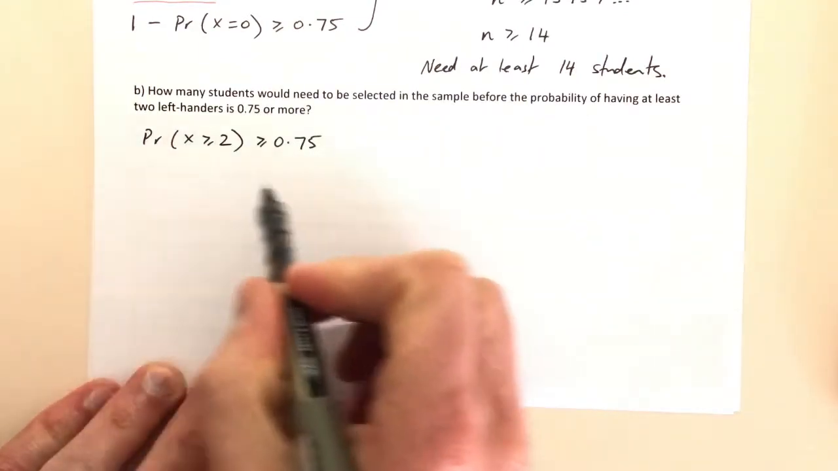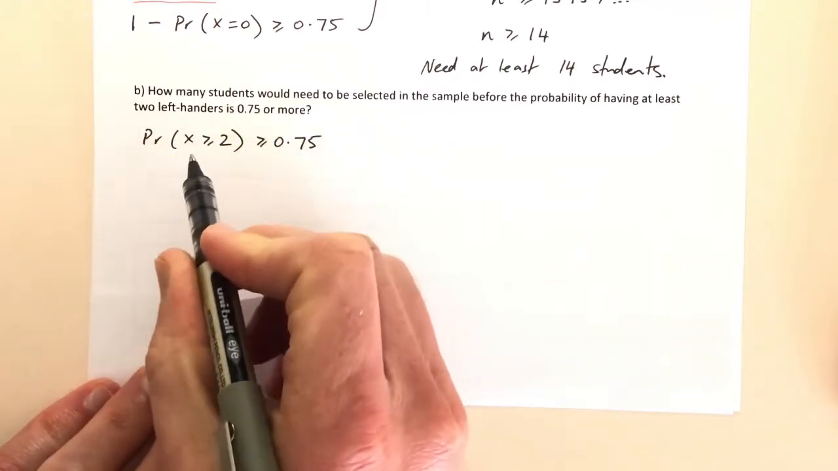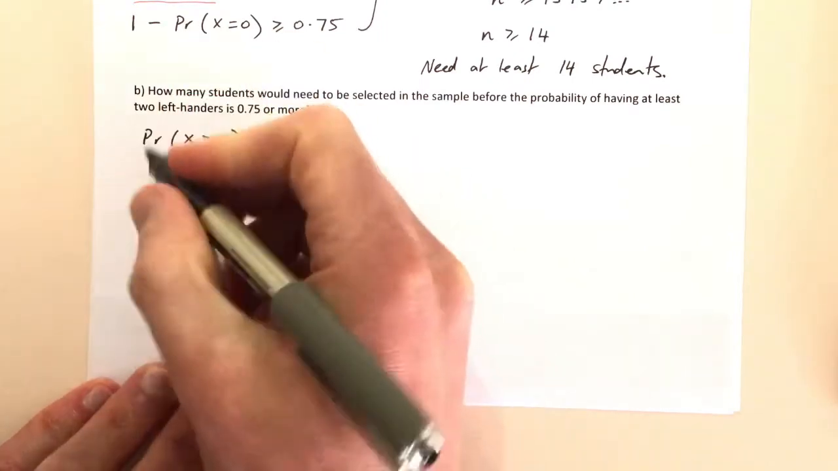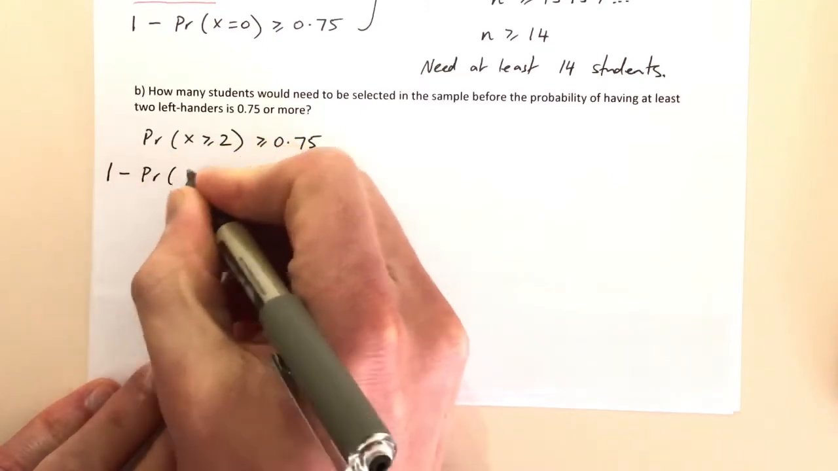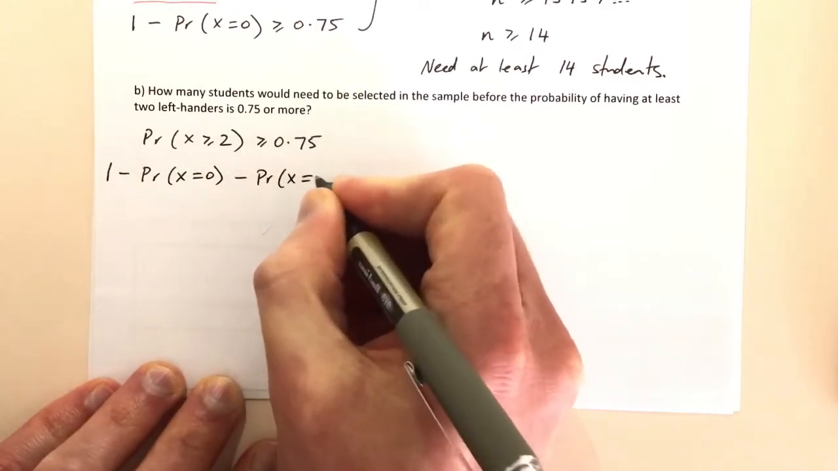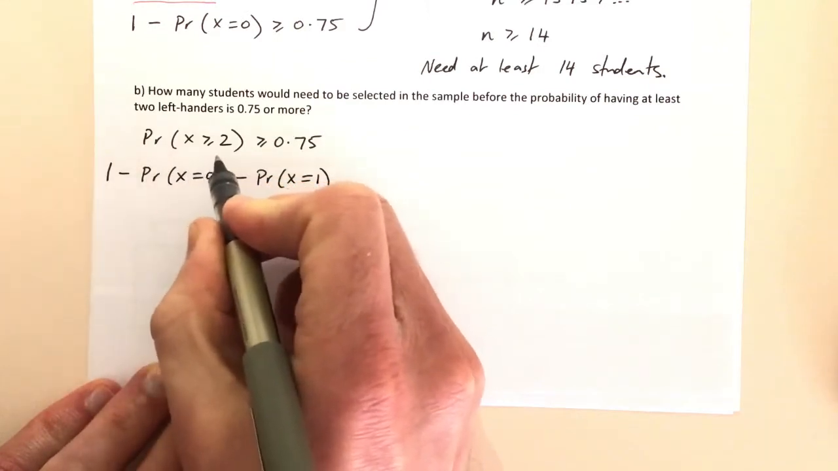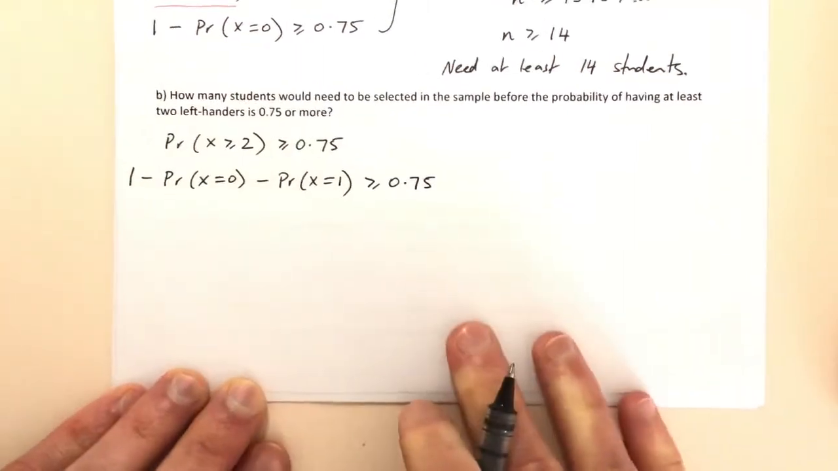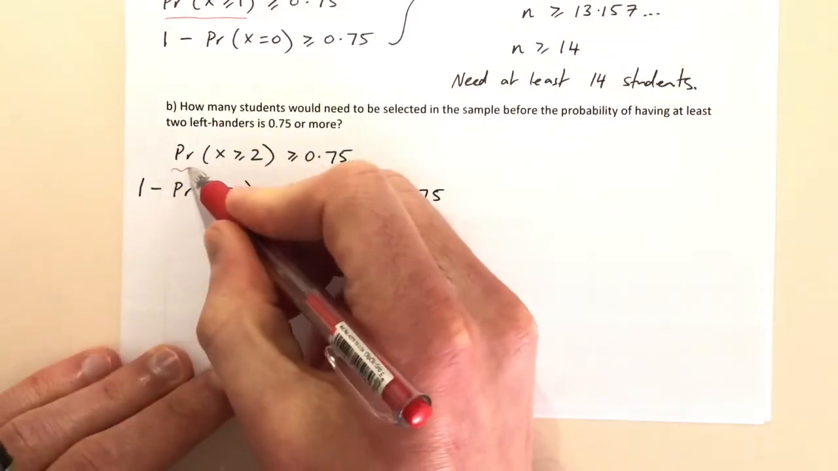Now this is a trickier question, but we can set it up the same way and say, well, if we want at least 2, the only way that we don't get at least 2 successes is if we either get 0 or if we get 1. And so we can say that this is really 1 minus the probability that x equals 0 minus the probability that x equals 1. That is equivalent to the probability that x is greater than or equal to 2, and that needs to be greater than or equal to 0.75. Okay, so really what we've just done there is equated this